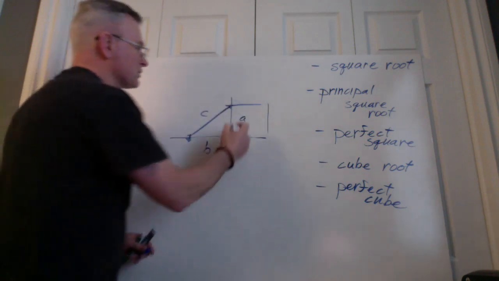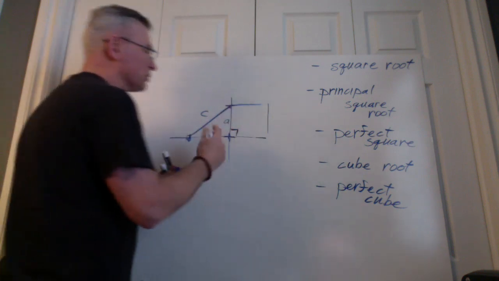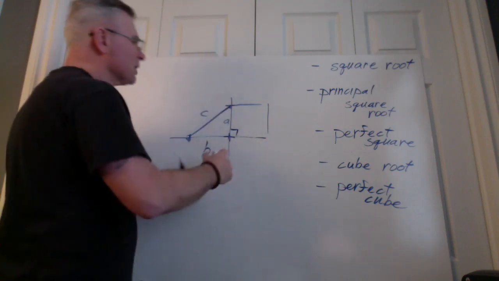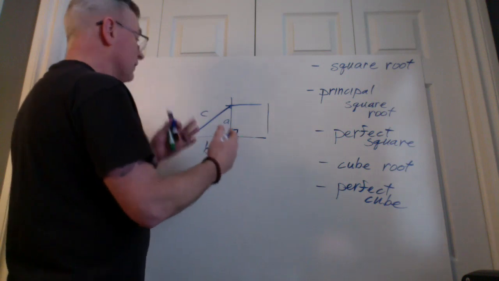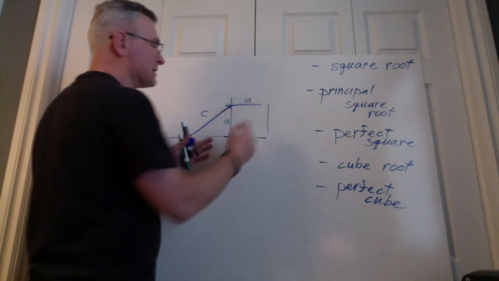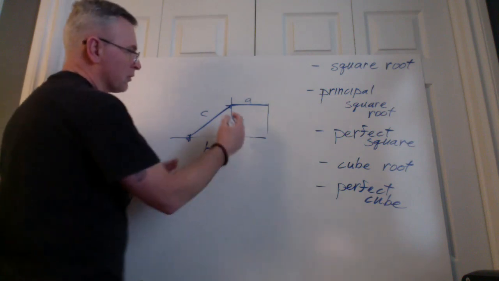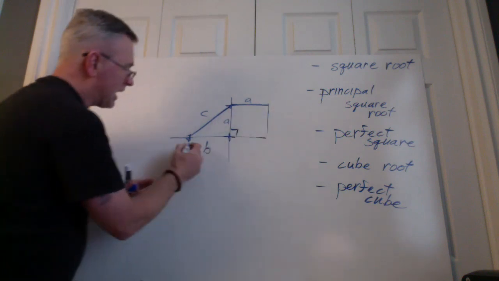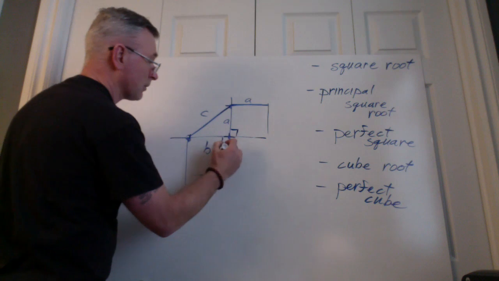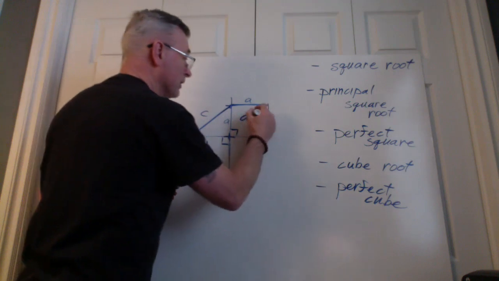And it turns out that, and I'll have lessons where we prove these things, if we square this side, so this length over here is A, and if we square the side, meaning we multiply A times A, it can be represented as a rectangle. And if it is, A times A is a square because the side lengths are the same. So this square over here, and then this square on this side, if we create a square over here, it turns out that if we add A squared